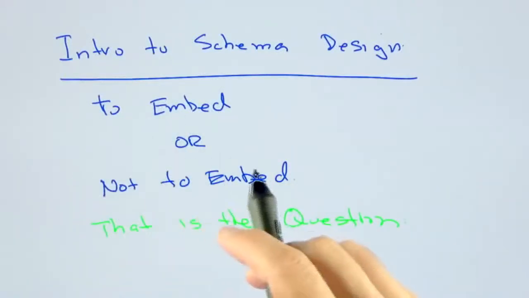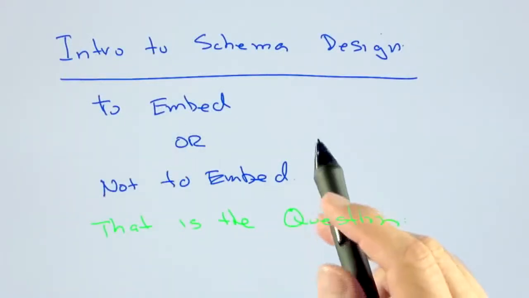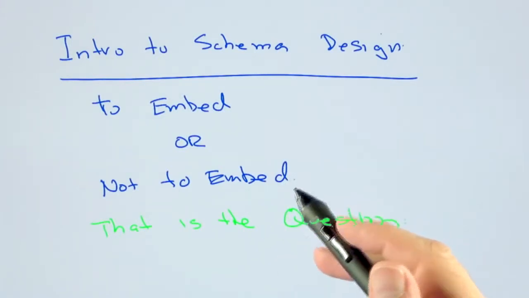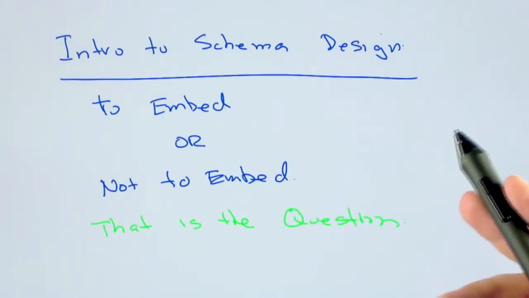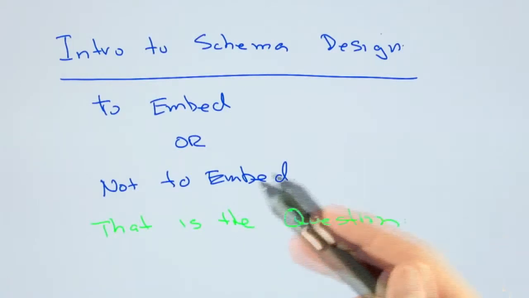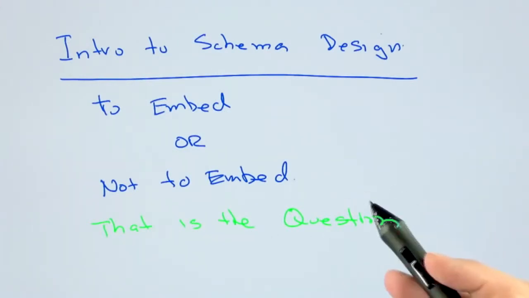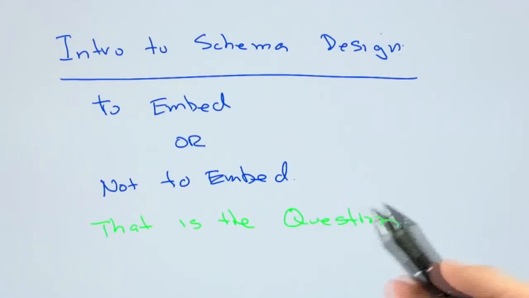We're going to get to schema design a little bit later in this course, but I wanted to just introduce some of the questions that arise when you're designing a document-oriented schema. With relational, it's pretty straightforward to design the schema. You typically go for the third normal form, and then maybe you combine a few things. But with MongoDB and document-oriented designs, how do you know whether to embed or not?